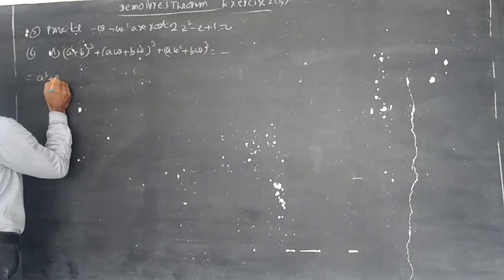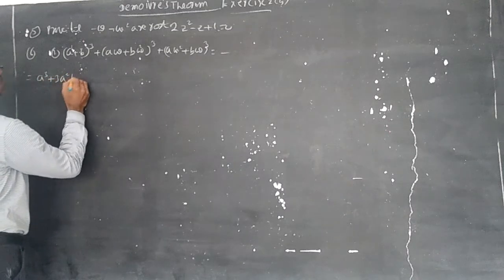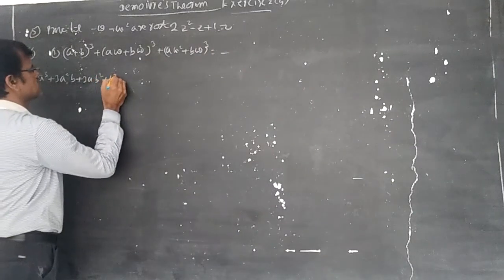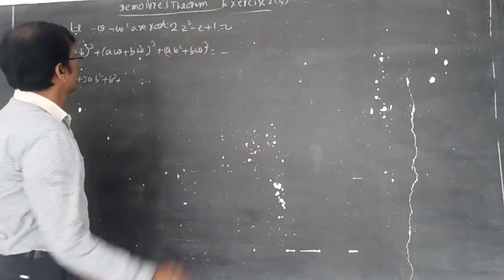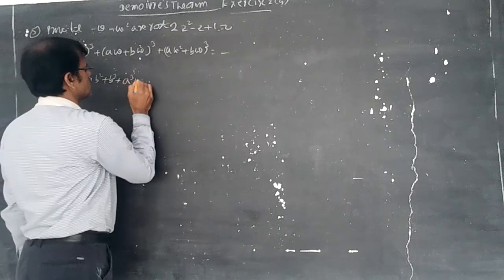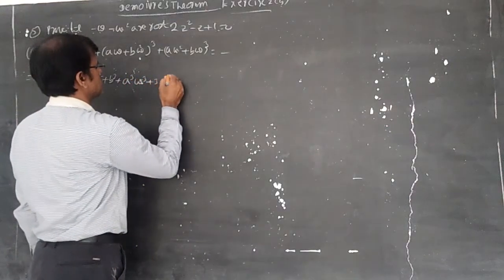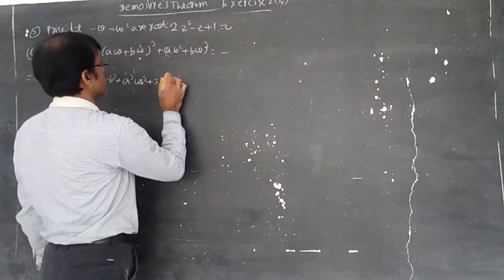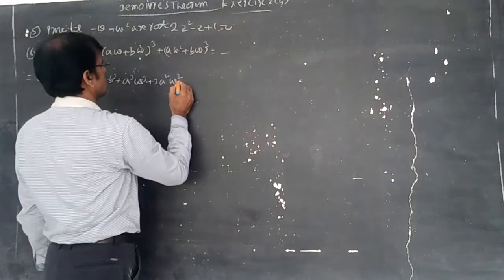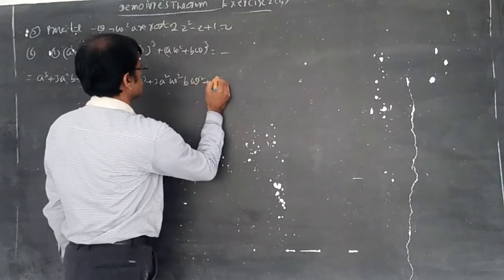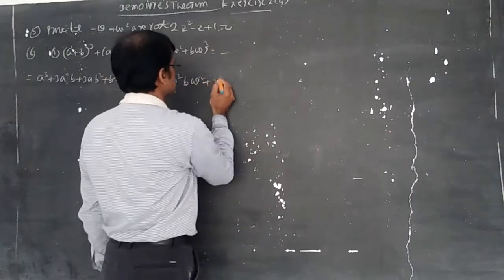Write the formula a cube plus 3a square b plus 3ab square plus b cube. In the similar way, here also a cube omega cube plus 3a square b means 3a square omega square into b means b omega square,